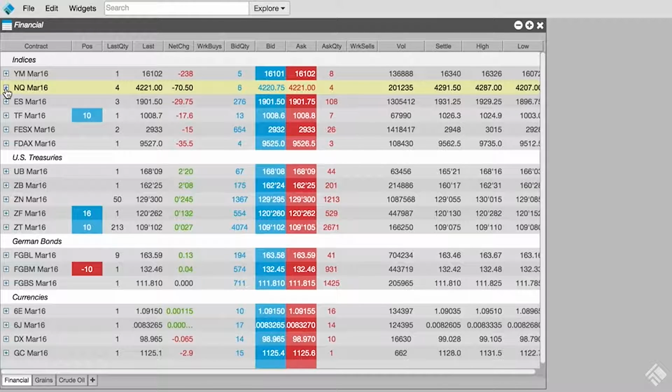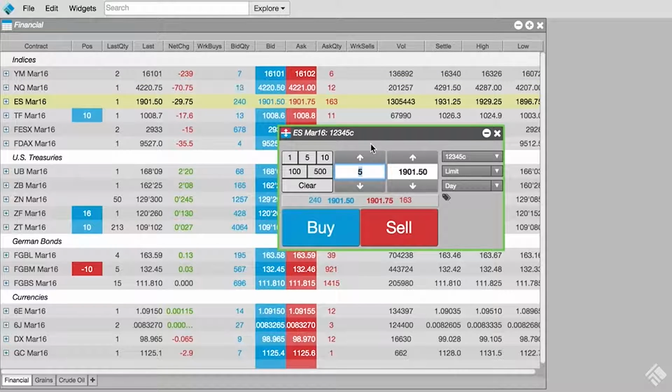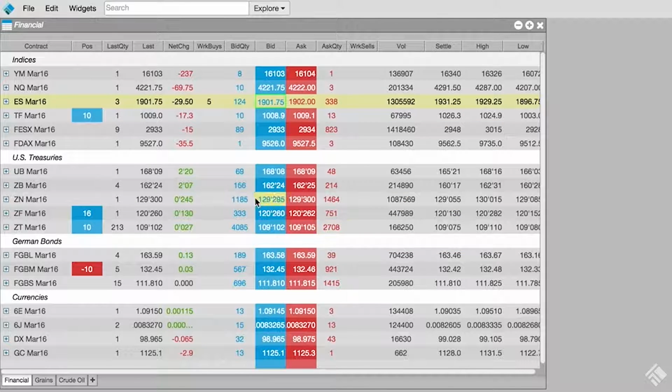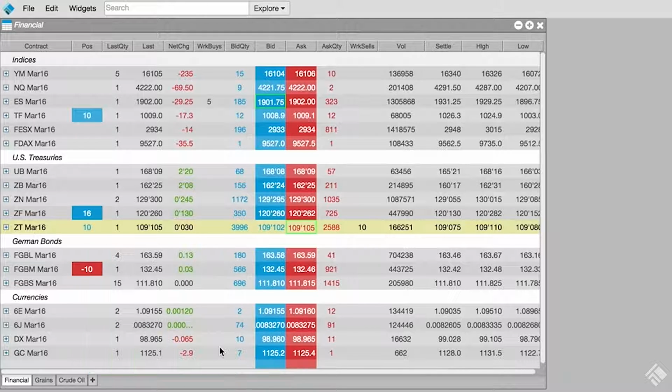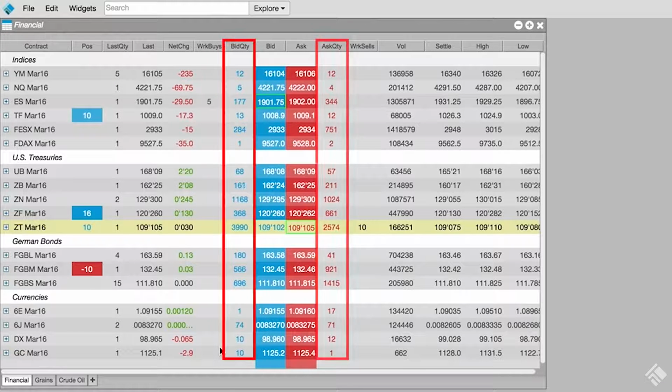We can click on the bid for S&P futures, which will launch a green-bordered floating order entry ticket seeded with the bid price. We also see our default order quantity of 5. If we click our long position of 10 2-year U.S. Treasury futures, a floating order ticket appears with a quantity of 10 already entered and set to the best bid. The quantity field in our floating order entry would also come pre-populated if we click on the last bid quantity